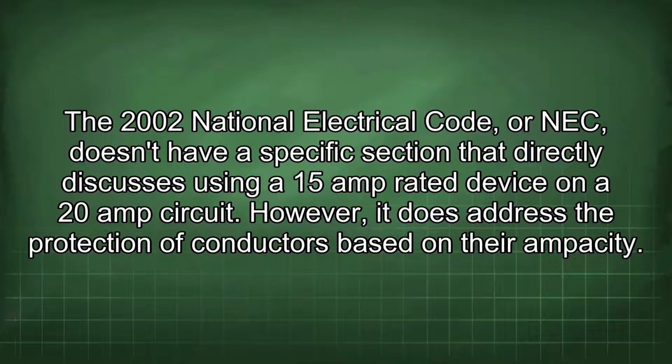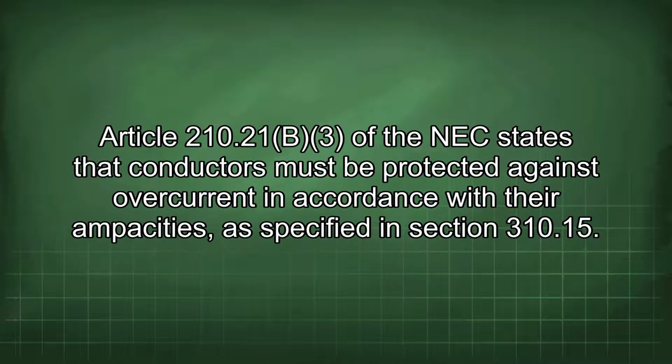The 2002 National Electrical Code, or NEC, doesn't have a specific section that directly discusses using a 15 amp rated device on a 20 amp circuit. However, it does address the protection of conductors based on their ampacity. Article 210.21(B)(3) of the NEC states that conductors must be protected against overcurrent in accordance with their ampacities, as specified in